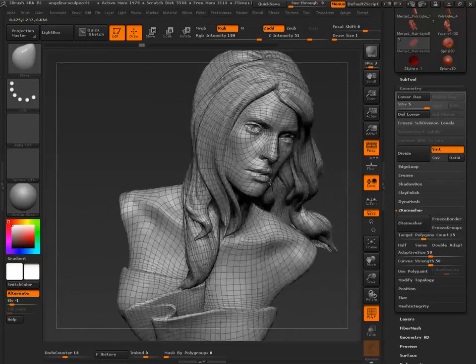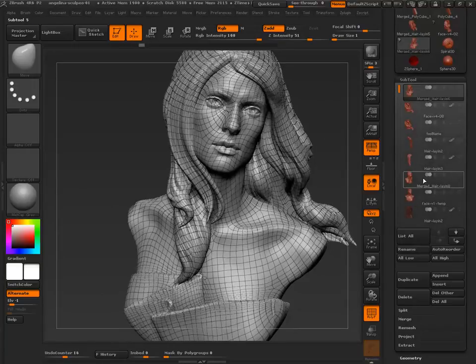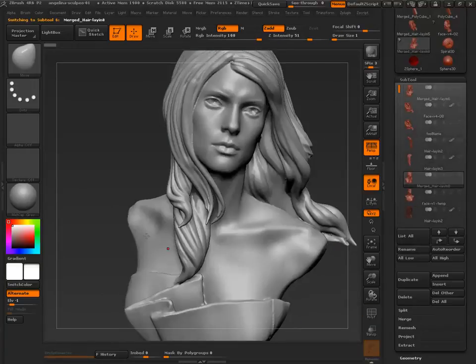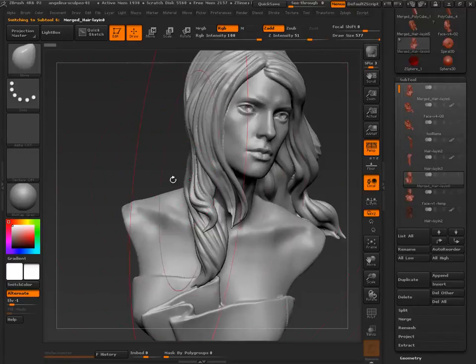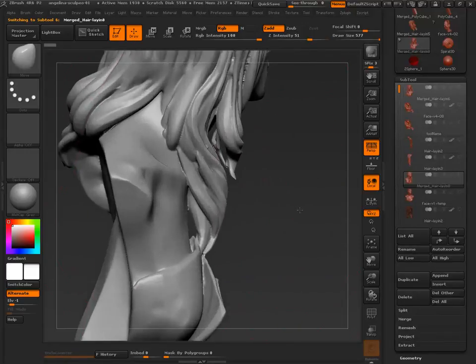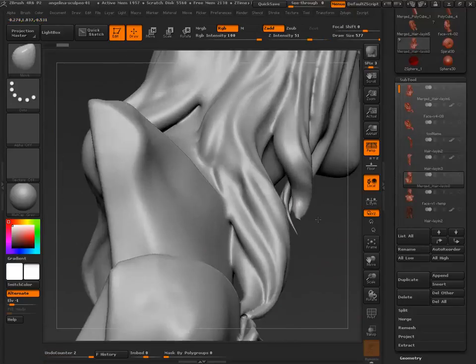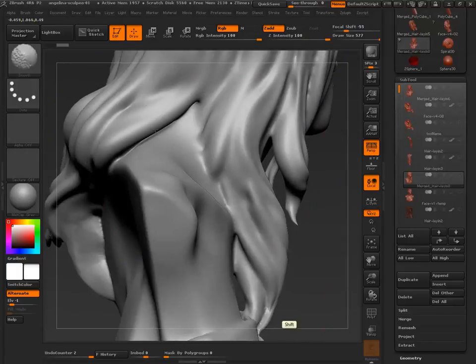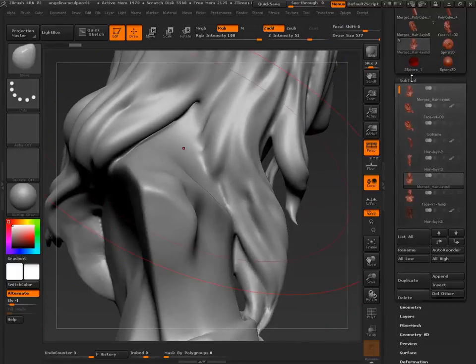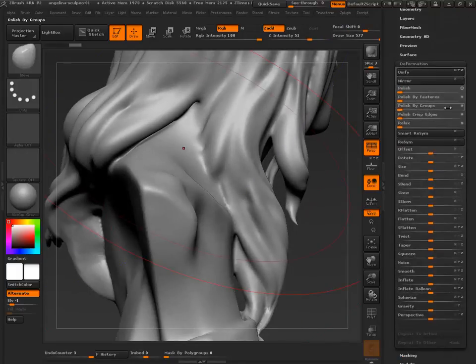And there we go. Let's take a look at this Dynamesh model. This is going to be really hard to look at, because it's a little bit on the crazy side. But let's try to see if we can polish this off.